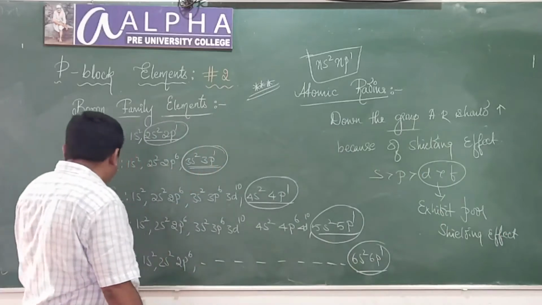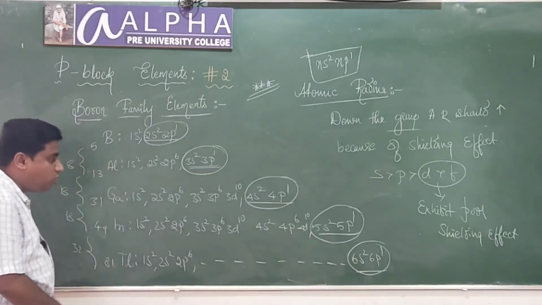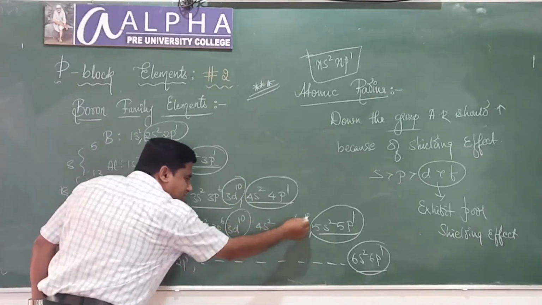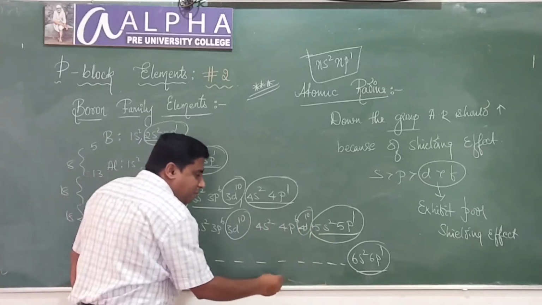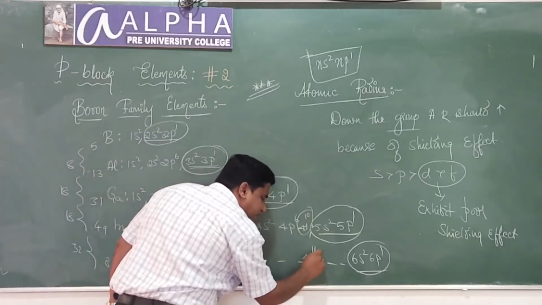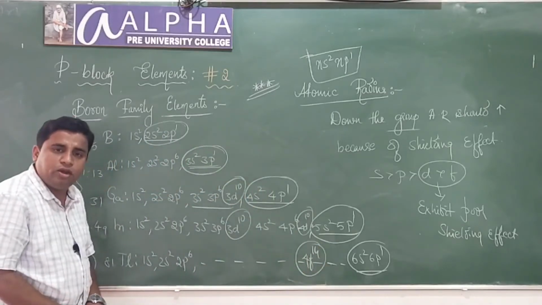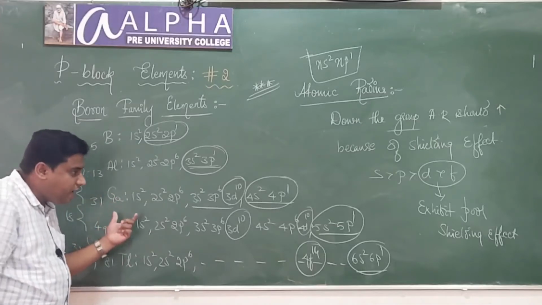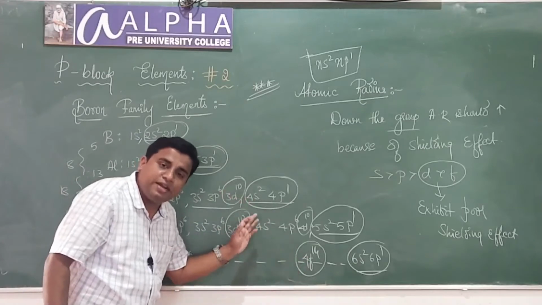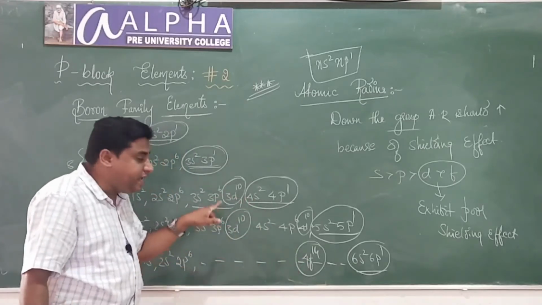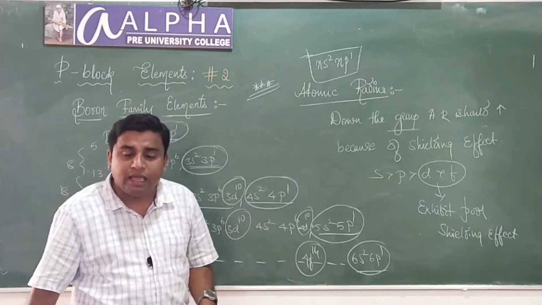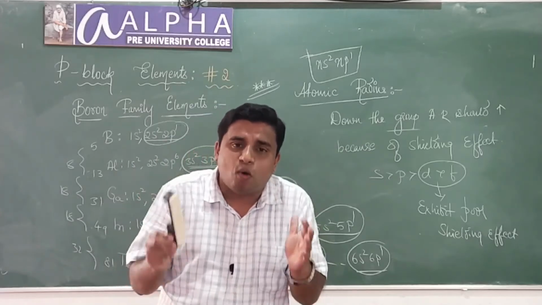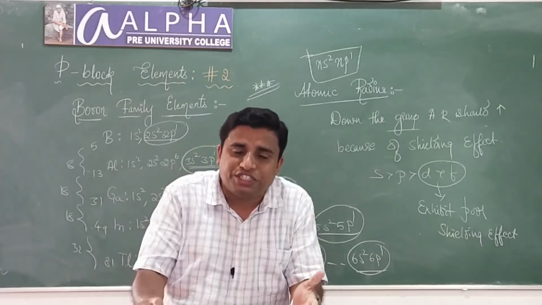Observe here, from gallium to thallium, there are inner completely filled d orbitals. In thallium there will be inner completely filled f orbitals as well. So from gallium to thallium, there are inner completely filled d orbitals and f orbitals. Since d orbital and f orbital exhibit poor shielding effect, because of poor shielding effect,